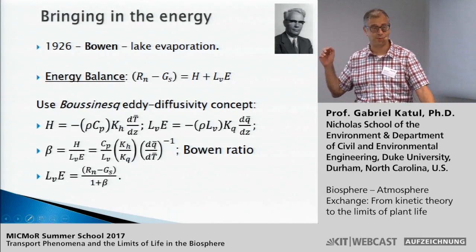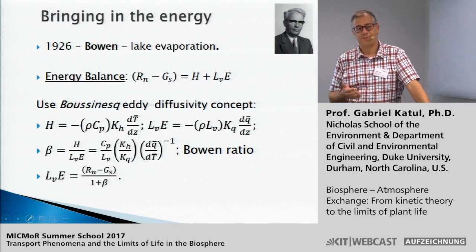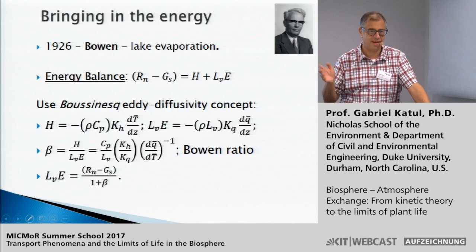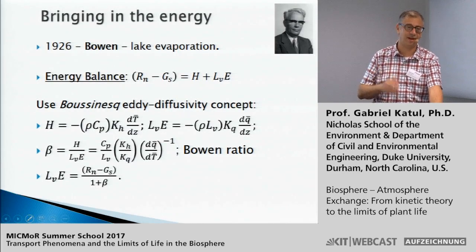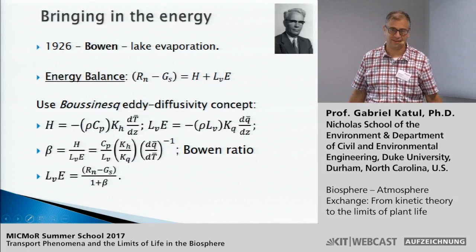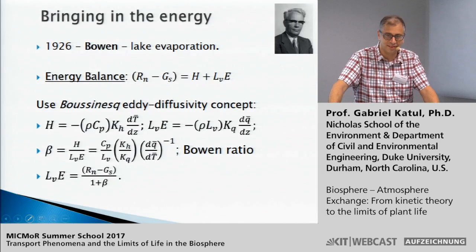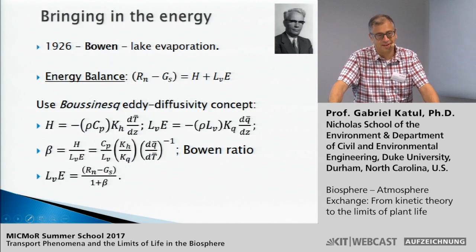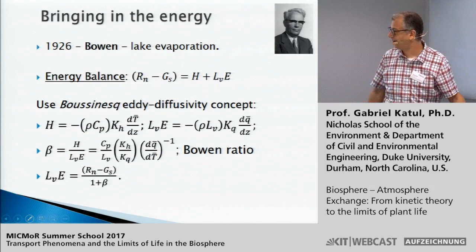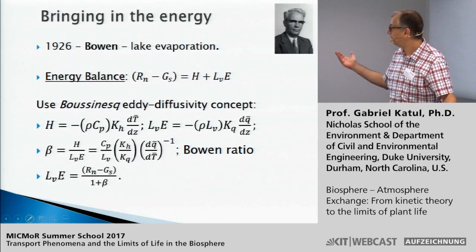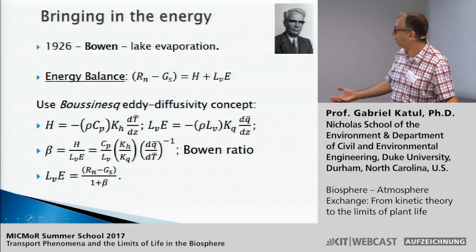And in fact, just to bring up the issue in terms of graduate students here, Ira Bowen was not even interested in this project. He was told by his advisor, Robert Millikan at Caltech, that he needed to help a student finish his PhD. And so the student was working on evaporation from lakes. So basically, Ira Bowen had to drag the student along and figure out how to estimate evaporation from a lake. But Robert Millikan was quite astute about energy and ions and so forth, and so